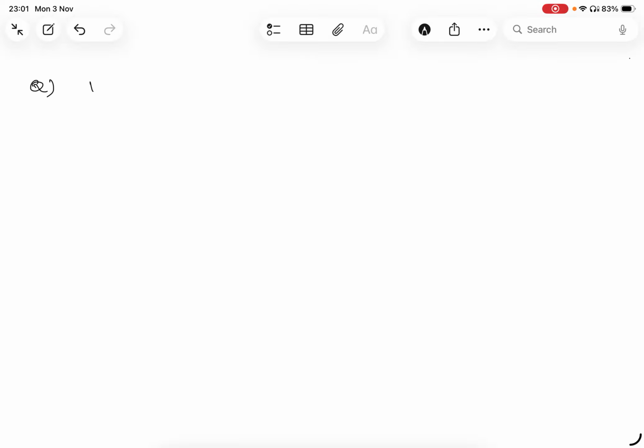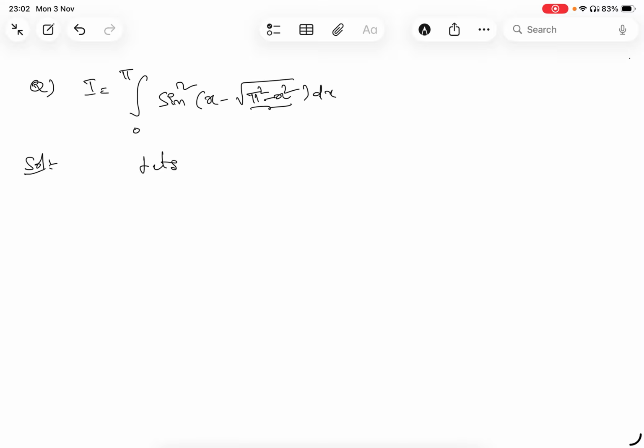Let's solve this integral I equal to the integral from 0 to pi of sine square of (x minus root of pi square minus x square) dx. Right. So let's start. As you can easily guess, because there is a square root of pi square minus x square, we can take, let's consider